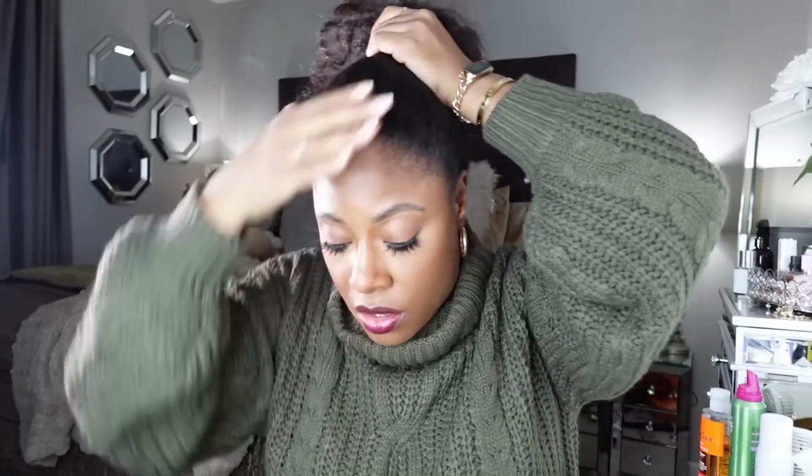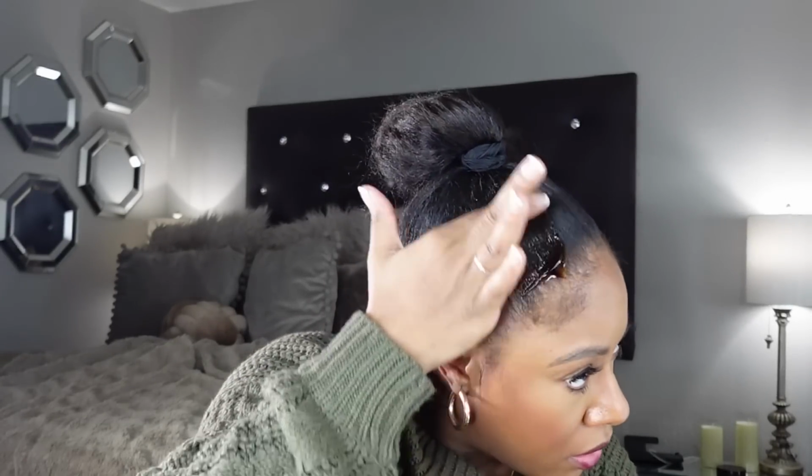Alright, once I get it in my desired position, I'm going to start gelling it up. Then I'm going to perfect it using the comb, making sure it's nice and sleek. So now that I have it in my ponytail, I'm gonna go ahead and put the gel. Well, I've already been adding gel as I was putting it in the ponytail, but now I'm gonna add more,